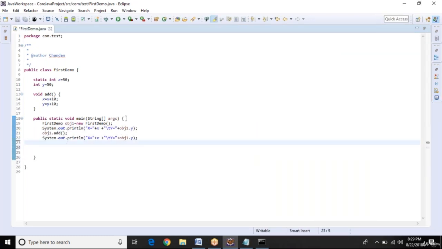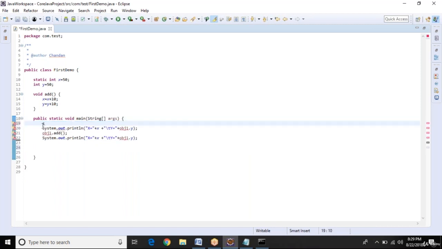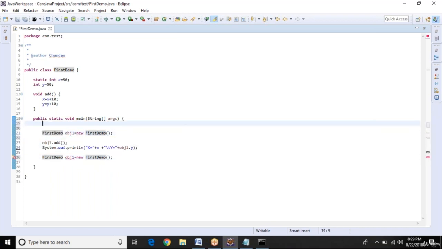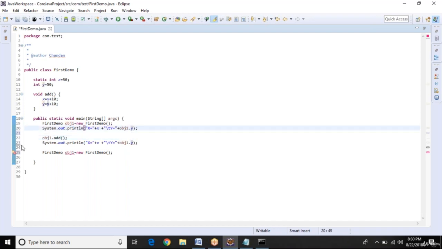Now I'm going to create another demo object of this class. Okay, now let's see what will happen. Simply we can say this is the first student. Before creating the object, what is the value? No, this will not work because we need an object. Okay, this is fine. Now this one is before calling the add method, what will be the output? After we called add using object 1, what will be the output?